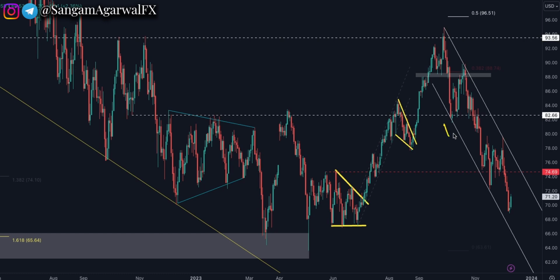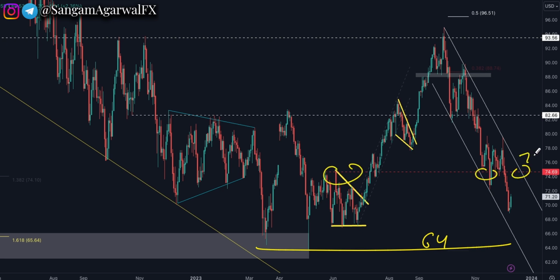Oil has a clear 135 impulsive wave in a parallel channel, and it is testing the lower and upper trend line. Major support is 64. Until price goes there, OPEC will not make a major change. First weekly resistance is 74. Until this level breaks out, you cannot say trend reversal,